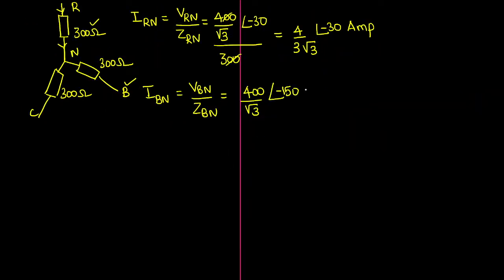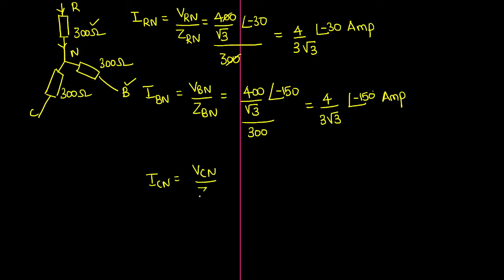Minus 150. Yes, sir. So this is the voltage divided by impedance value as usual, 300 ohm. If you reduce this, once again it will come to 4 by 3 into root 3 at an angle of minus 150 degree. Yes, sir, minus 150 degree ampere. Fine. Chalo. If you write the expression for ICN, this can be written as phase voltage VCN upon once again